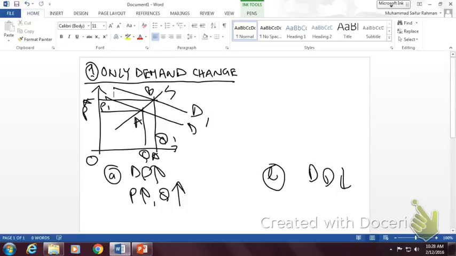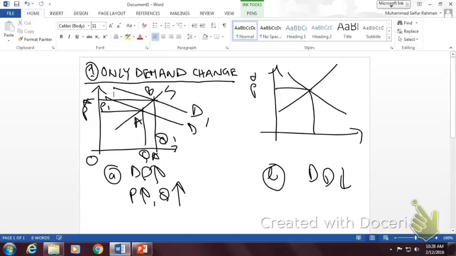A was the original market equilibrium. As a result of the rightward shift of the demand curve, your market equilibrium price increases from P star to P1. Your market equilibrium quantity increases from Q star to Q1. The opposite picture can be seen when the market demand goes down for a variety of factors that we have covered